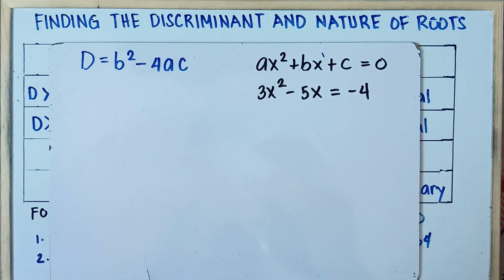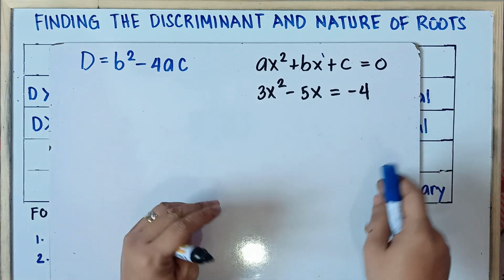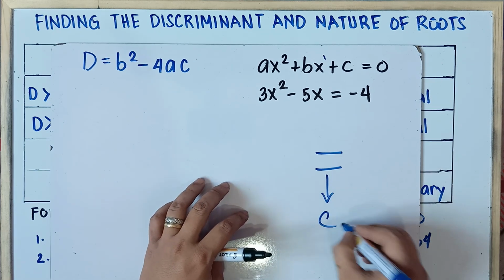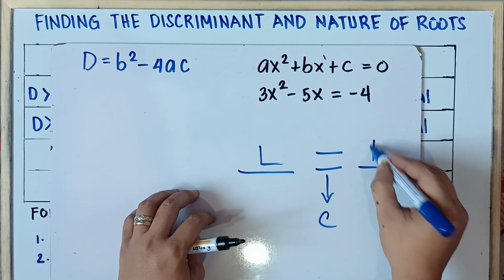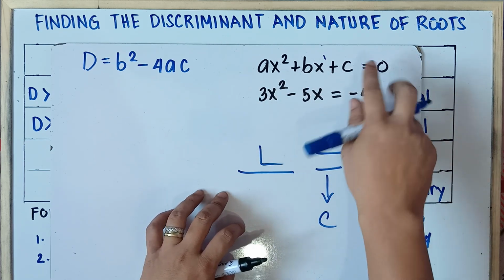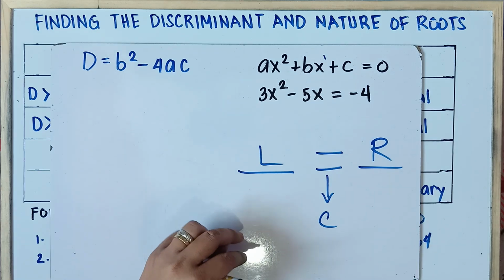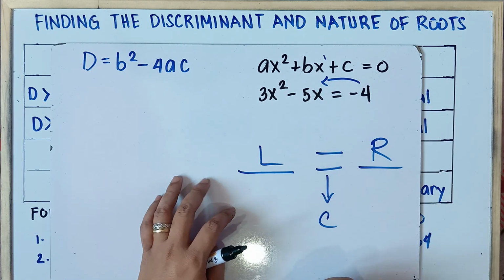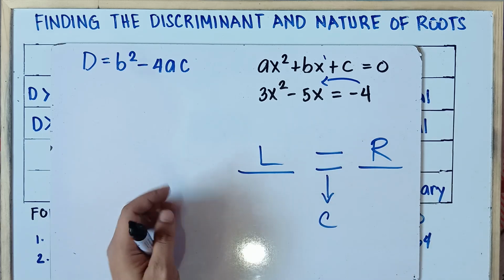Now, once again, class, before you get the value of A, B, and C, be careful, class. You check the equation, class, if the equation is already arranged. Is it arranged? Nope, it's not. It's not arranged, class, because all of the equation must be on the left side of this equal sign. Once again, class, this is our equal sign. This is the center. This is left, and this is right in the equation, right? Ax squared plus bx plus c is already on the left side, and then the last part, class, should be equal to 0. Now, we have 4 on the last part, therefore, we need to transpose 4 from right to left. Okay, so that all of the equation, class, will be on the left side of this equal sign.